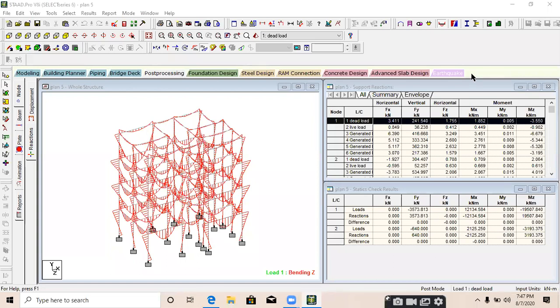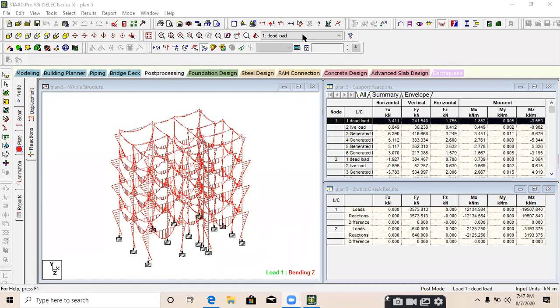Which code do we follow for the calculation of wind load? Just write in the chat box which code we follow for the calculation of wind load. Please come on fast. IS 875 part 3. Okay, good. And for the calculation of seismic load, which code do we follow?